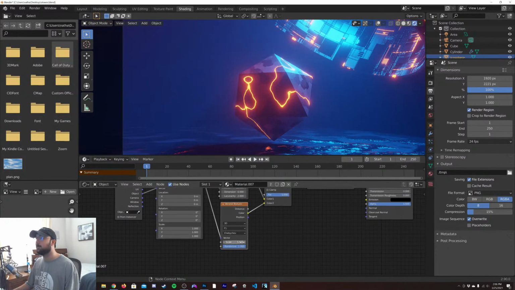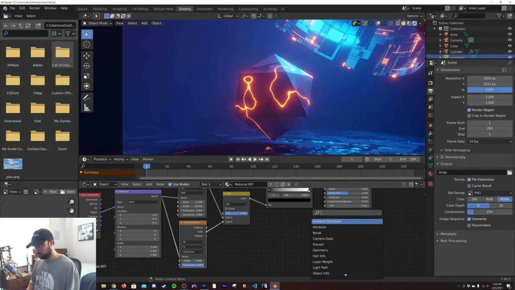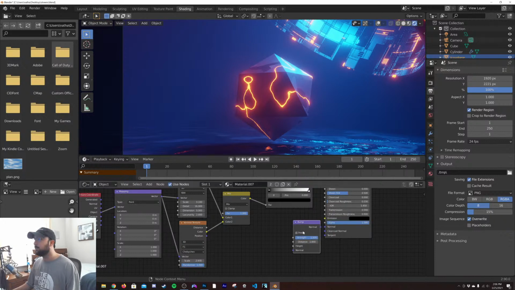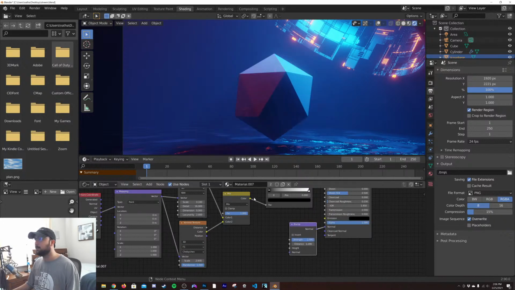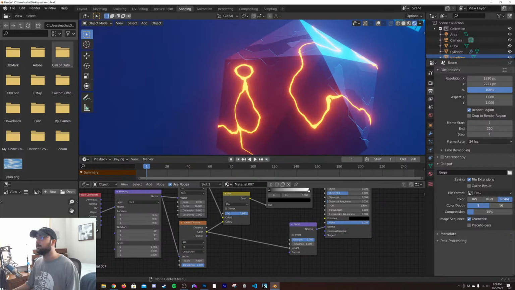And then we'll go over here to Chebyshev and bring up the scale a little bit. Bump. Normal. Color into the height. So now we get a little bit of fun coming out here. And then what I'm going to do is bring this RGB in to get some of that rust.